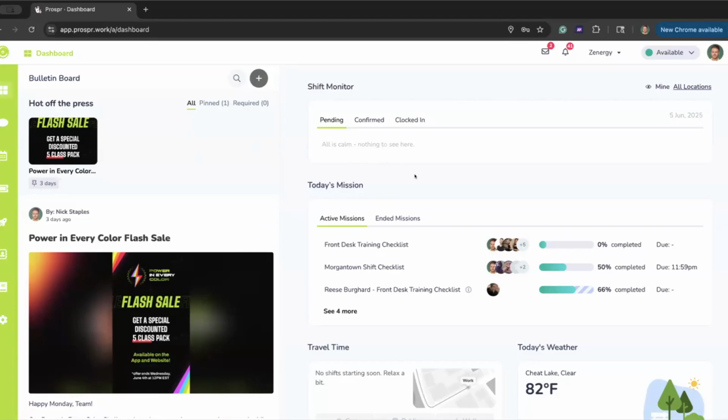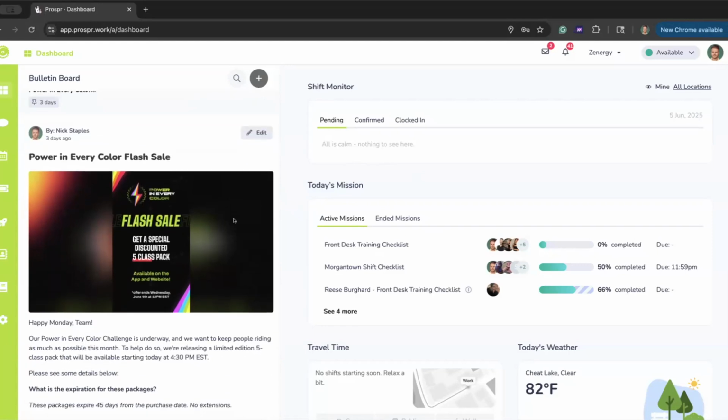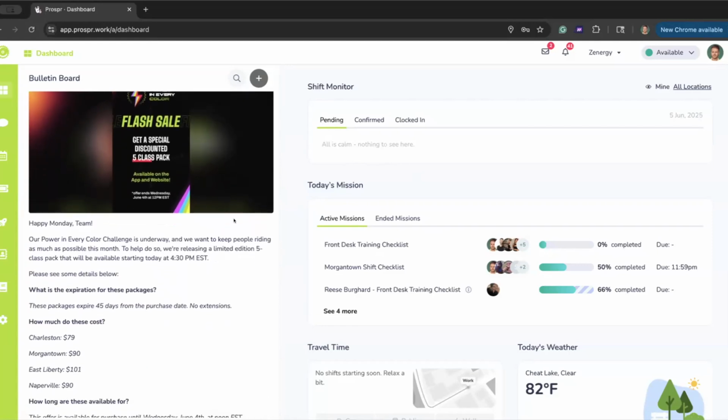So this is our dashboard on Prospr itself. I'll walk through the things that I use almost on a daily basis. First thing is bulletins. We use bulletins for everything. This has eliminated all of our mass emails. Instead of me physically typing an email in Gmail to my entire team, I'm able to put important information over here,